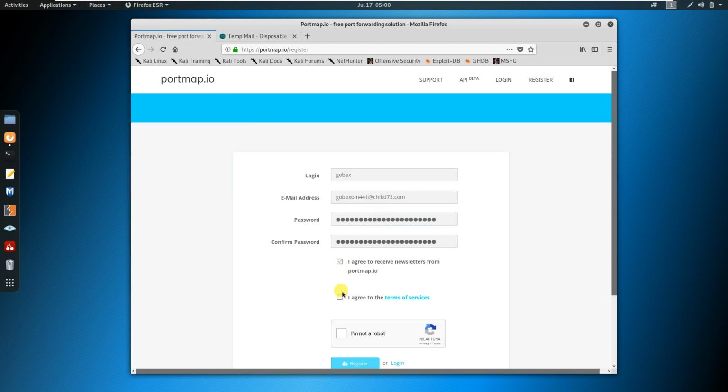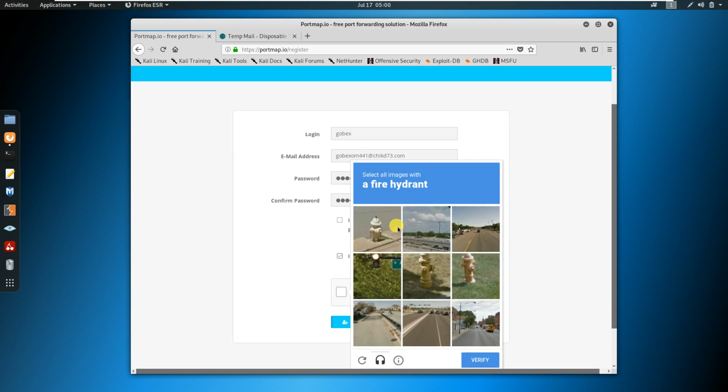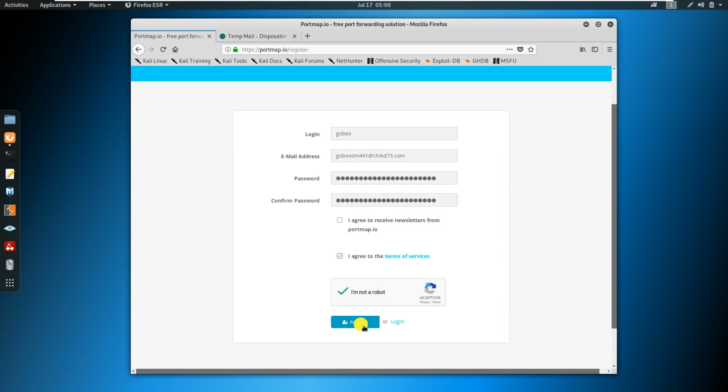Fill out the form and complete the captcha process. Then click on register.